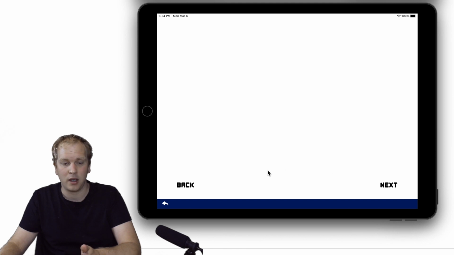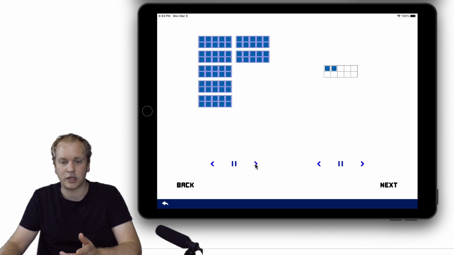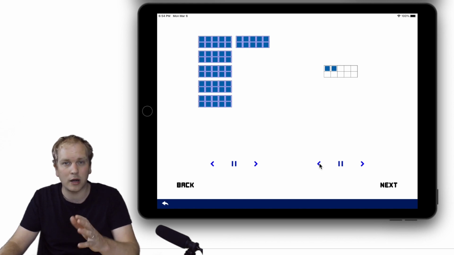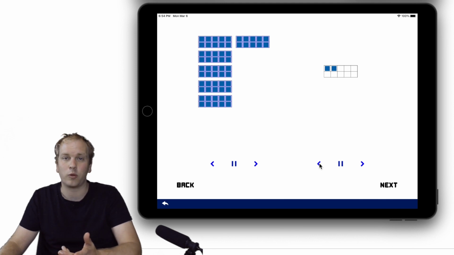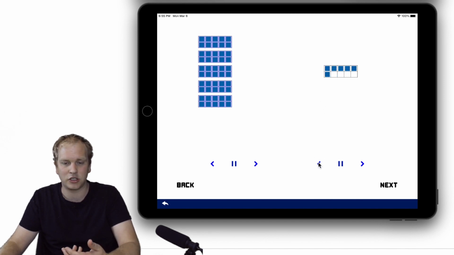Now I also built some extra functionality here where if we click the back button, we can also add 10, take 10, add 1, take 1. So we can really tease out some of those struggle spots students have, in particular when they're counting back by ones. So for example here we've got 62, 61. When it goes to 60, they'll often skip down and they'll skip that decade and skip down to 59. But you can see here by clicking back, it really shows that visually as it moves along.